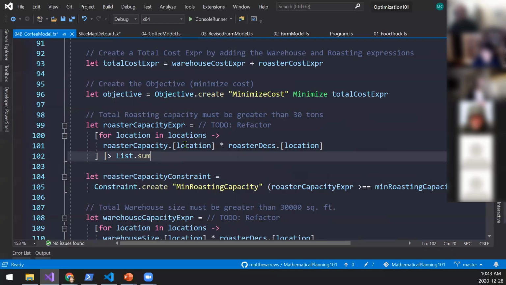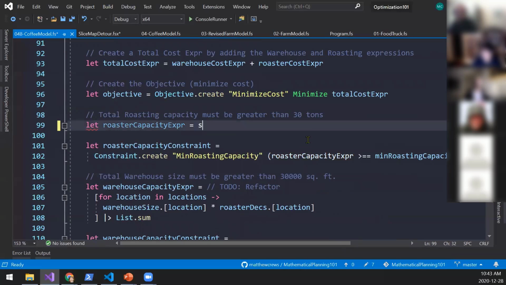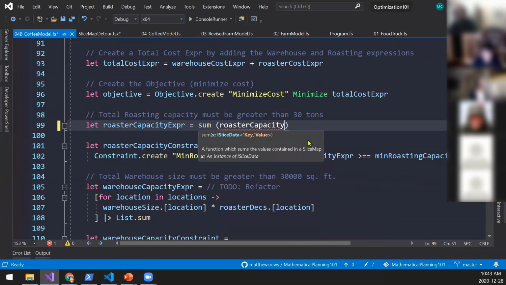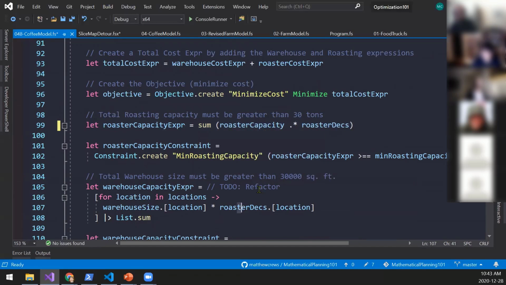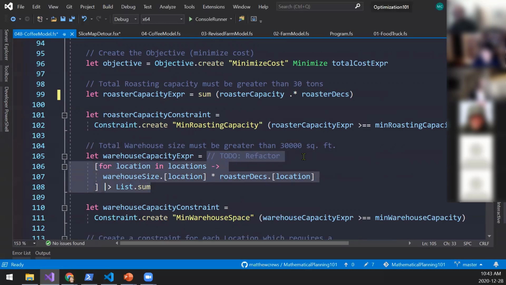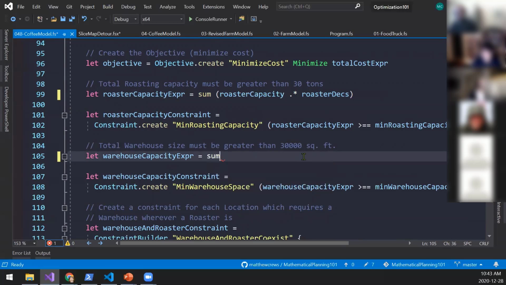Same stuff as before. Again, this is just making things a lot easier to express. Same functionality, just a bit more terse.